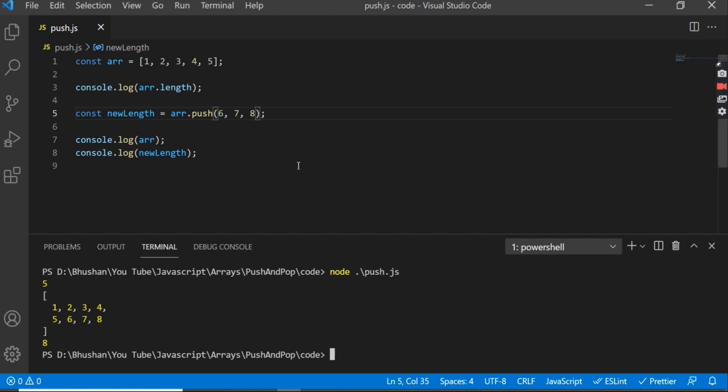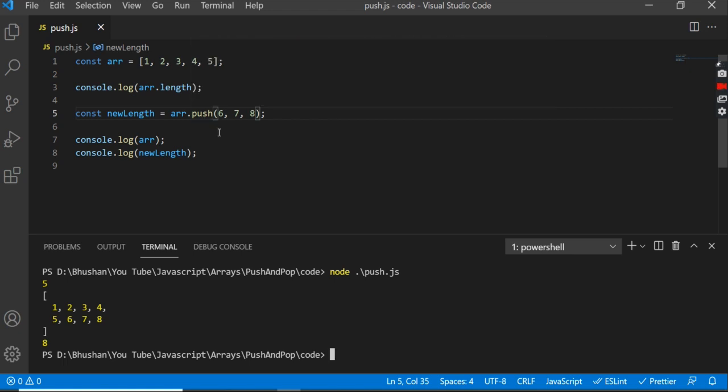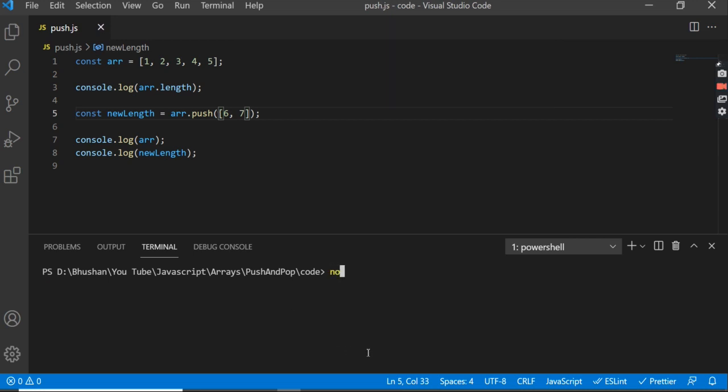Push method is a generic method, so that we can use some methods like apply and call. I will show you how to use apply and call on push method, but first let's see. We can add another array or anything on this existing array. So let me add another array with elements 6 and 7, and let's clear this and run this file, push.js. See here, this array gets added in this outer array, means we have one inner array. Means we can add array also using push method.